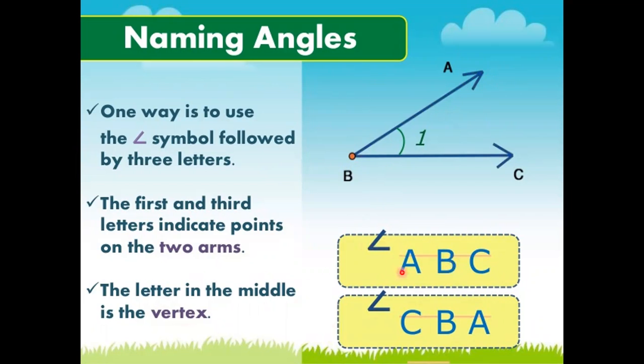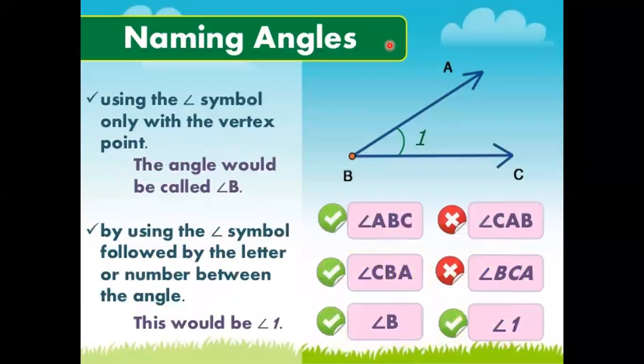So you can see here हम इसको represent कर सकते हैं two ways से, that is A B C और C B A. ठीक है, both have the B in the mid. ठीक है, in middle we have a B. Okay, so naming angle, if you talk about the naming angle, using the special angle symbol, that is the angle